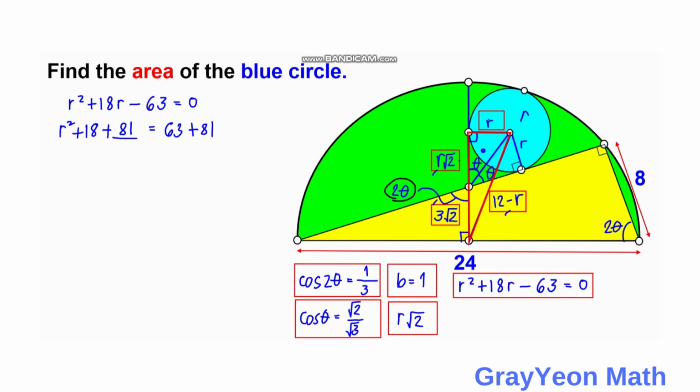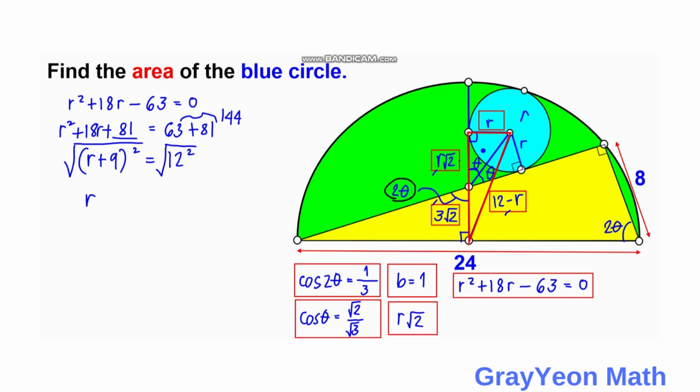Since this is a perfect square trinomial, this becomes R plus 9 squared, and this is actually 144. But 144 can be written as 12 squared. So if we get the square root of both sides,